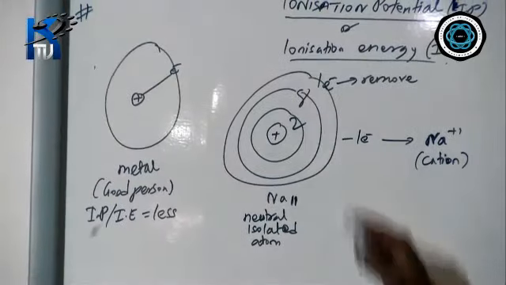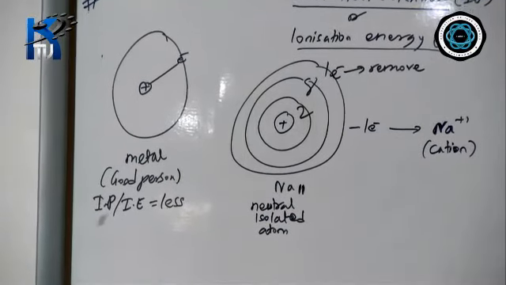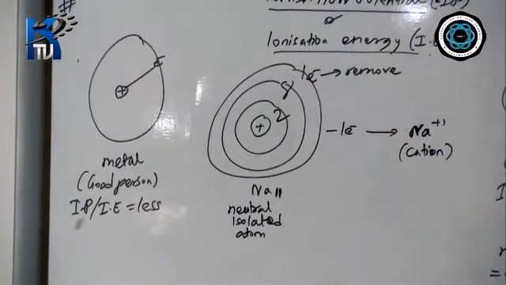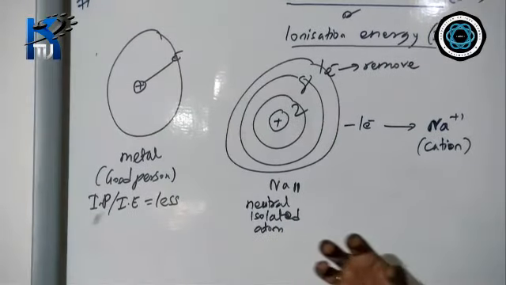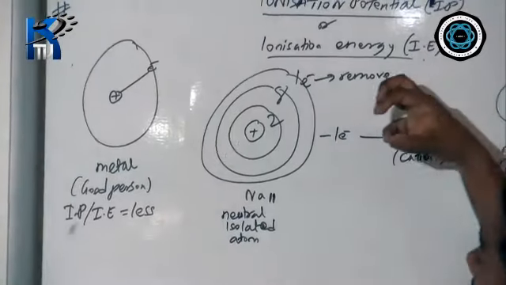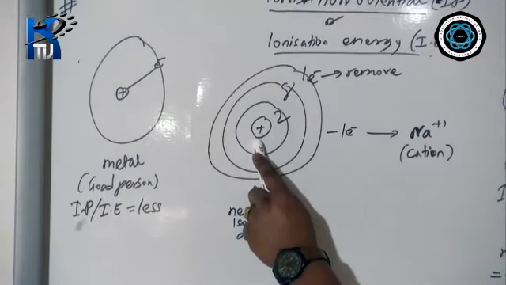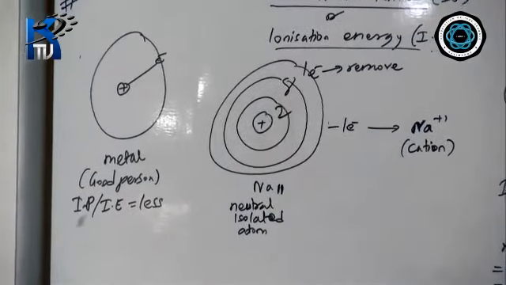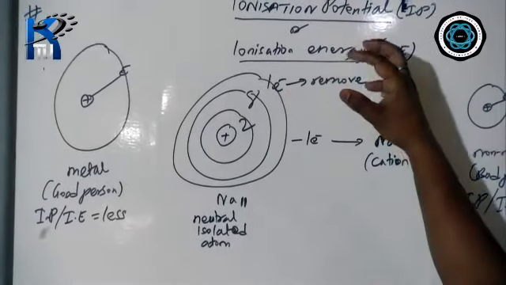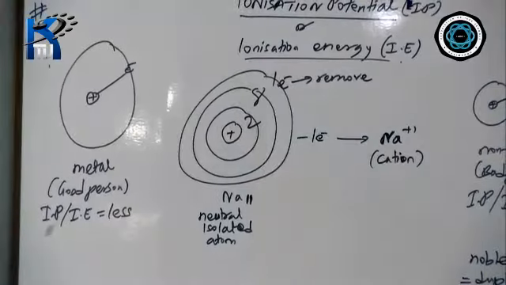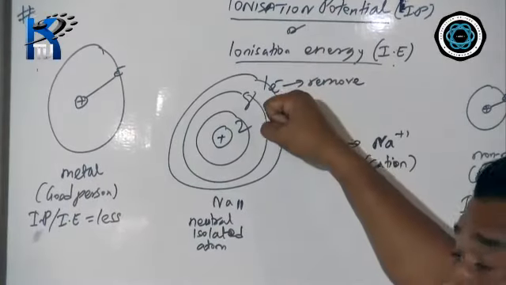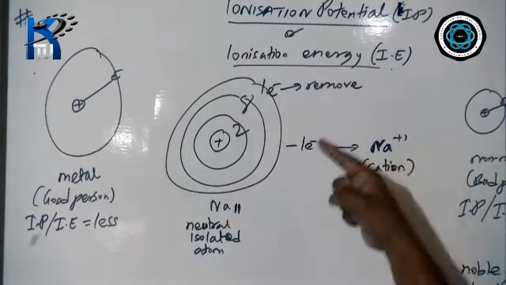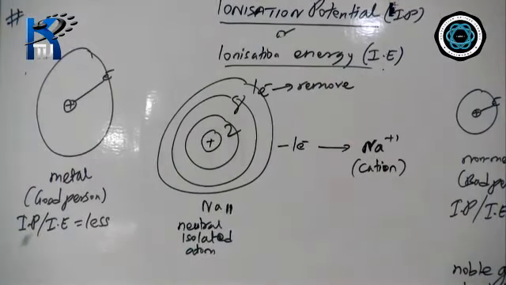Now, in order to become an octet, sodium has to lose one electron, but it will not lose it by itself. Another element will come to do so. Suppose I am the other element who wants to remove an electron from sodium. I am coming nearby to remove the electron. But the nucleus, which is positively charged, will attract this electron towards itself because opposite poles attract. Therefore, if I have to remove this electron from sodium, I have to put in a force which will overcome the attractive force of the nucleus. And that energy which I put in to remove the outermost electron from an element like sodium is called ionization potential.